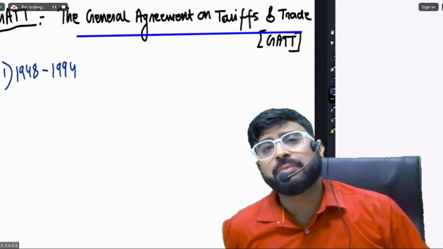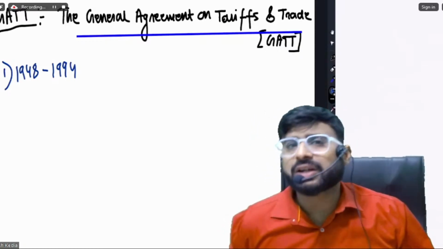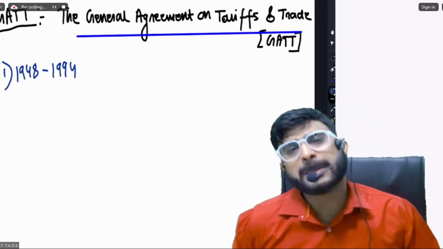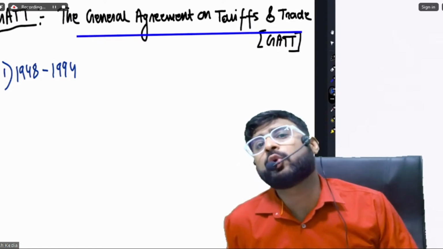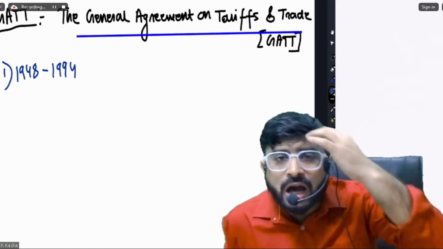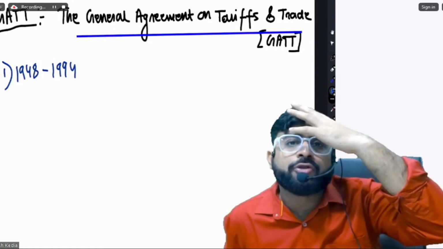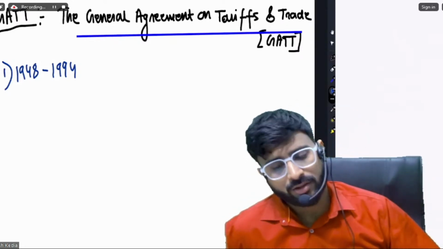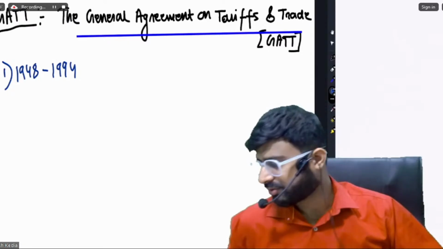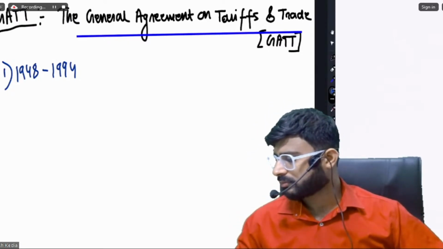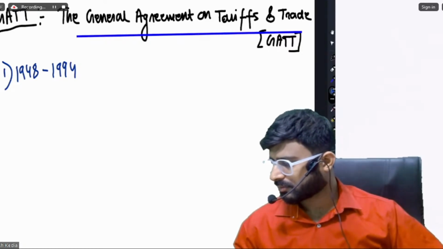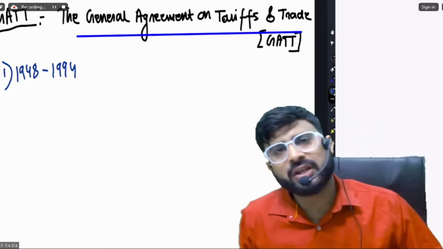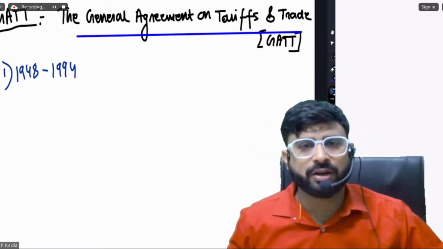Because by the time WTO came, that is in 1995, the majority of the countries had gained freedom, number one. And number two, there was a realization that internet is booming, service industry is going to boom. So service related rules and regulations are also going to be of crucial importance. Understood, not understood, friends? Yes, sir, we have understood this.